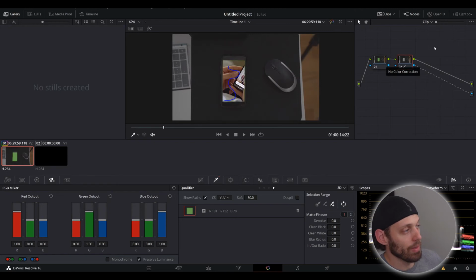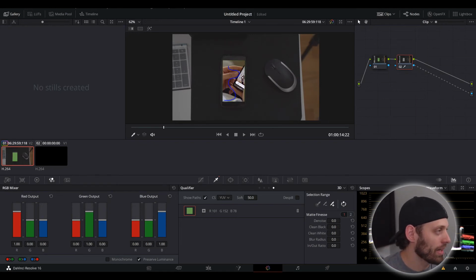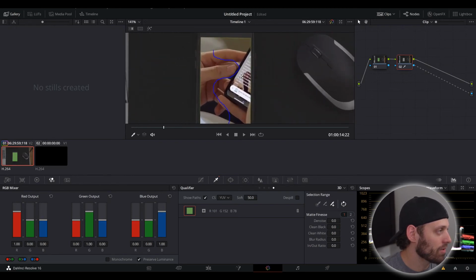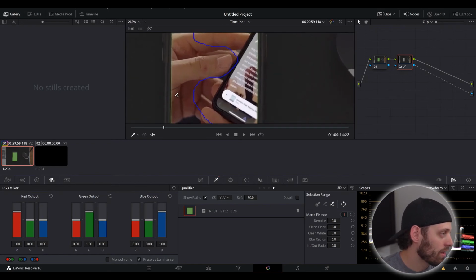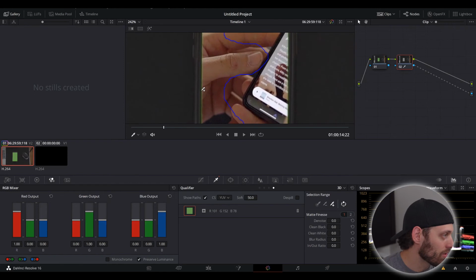The selection that we made, that green, is gone from the screen, but as you can see, if we zoom in, there's still some green around the edges, so it doesn't look as good as the Fusion keyer did. So what we want to do is denoise and clean up this green. If you really wanted to, you could scroll in and add that little section right there, but that can get really tedious. So what we'll do instead is go over to the denoise and bump it up slightly,